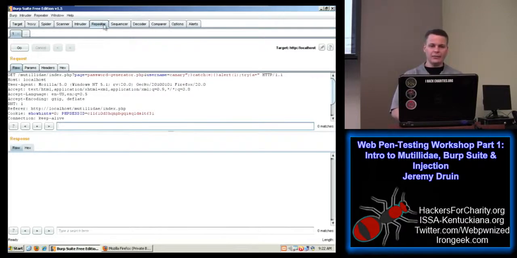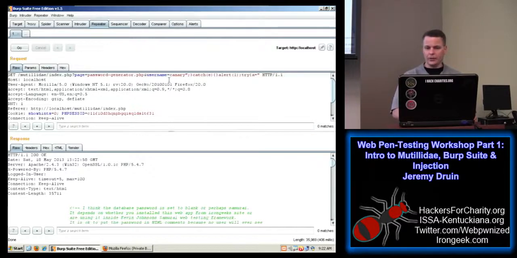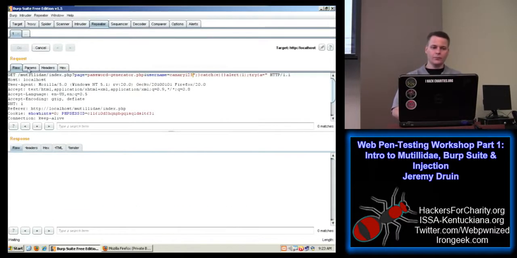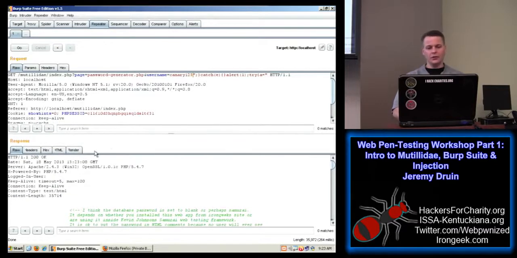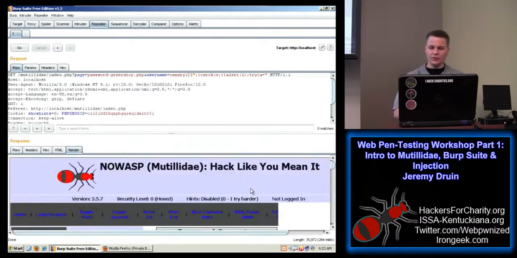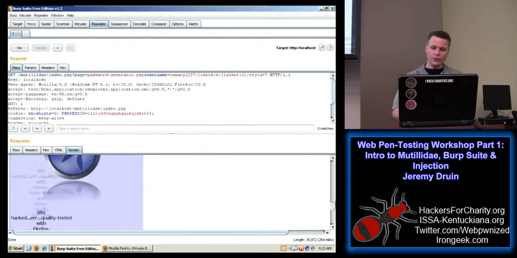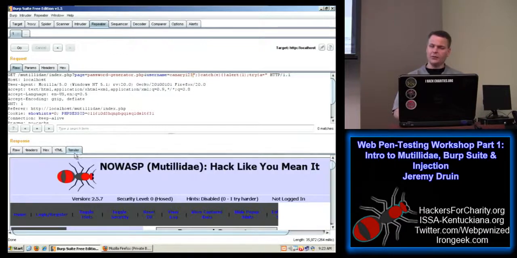The repeater tab is especially useful. The repeater tab lets you capture a request and then submit it to make sure it works. And then you can come up and change any of the values and submit it again and see the response appear below. You don't have to go back to your browser and keep using the browser and intercepting those requests. It's a lot more efficient. And you can render the site in the response down below to get an idea of what it looks like. It will not execute any JavaScript. This render tab just gives you a visual.